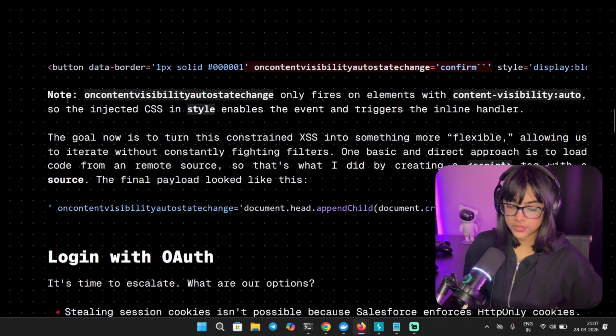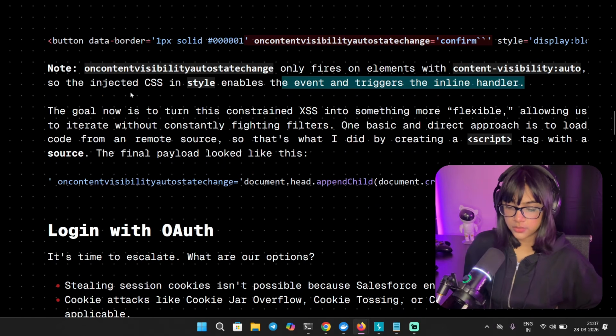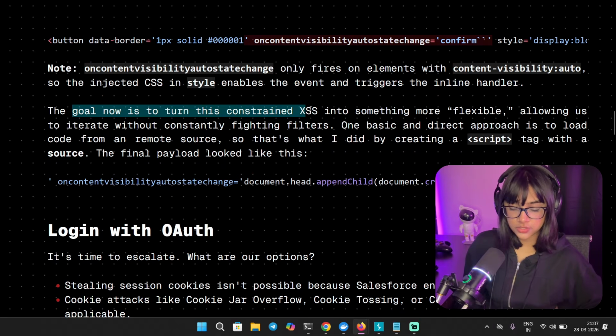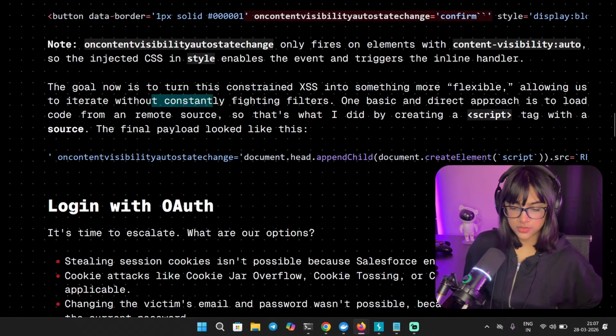Okay, so as you can see over here, it's written the same thing. Note: on content visibility auto, state change only fires on elements with content visibility auto. So the injected CSS in style enables the event and triggers the inline handler. So now the goal is to turn this constrained access into something more flexible, allowing us to iterate without constantly